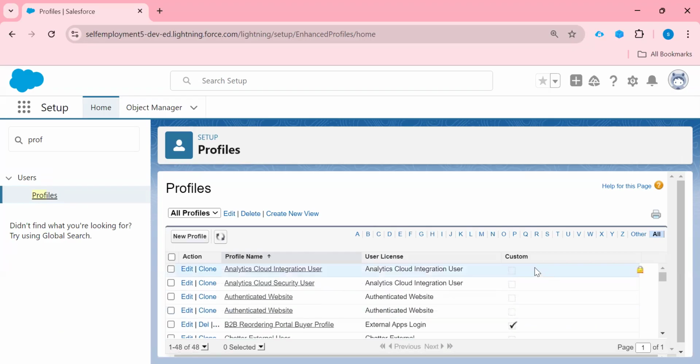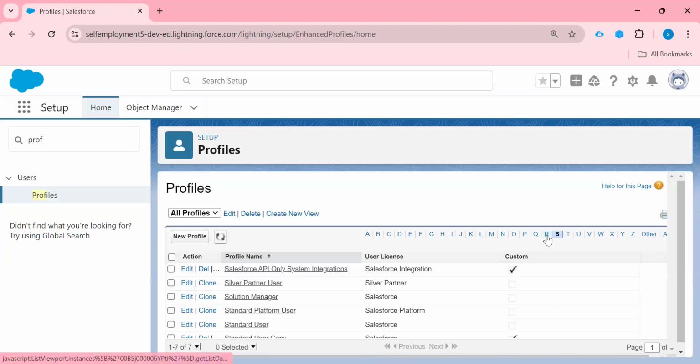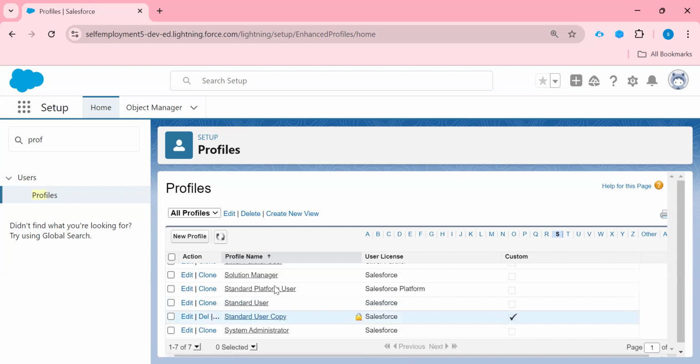Suppose I want to create a profile based on Standard User. These are some ready-made profiles we can take as a base profile, and we can edit them to make a new profile which we can assign to a user as per our requirement. There is one way, and I will show both ways one by one. I am going to create a clone of this Standard User.